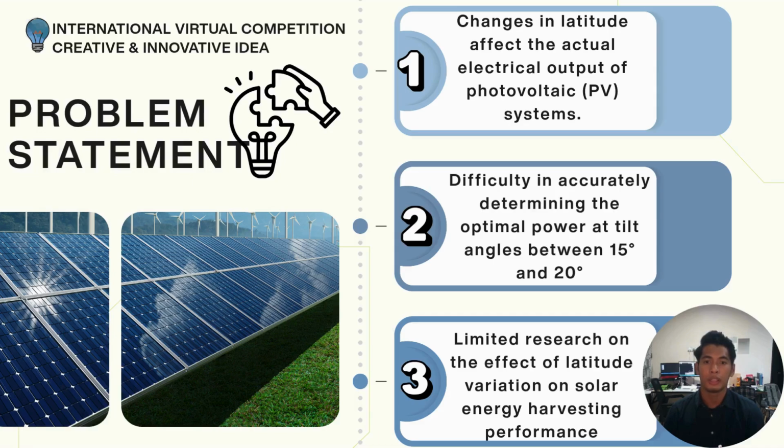Second, difficulty in finding the best tilt angle. It is difficult to determine the most efficient tilt angle between 15 and 20 degrees because a small angle change can affect solar power generation. Limited previous research. There are not many studies that focus on how latitude changes influence solar energy harvesting performance, especially for small tilt